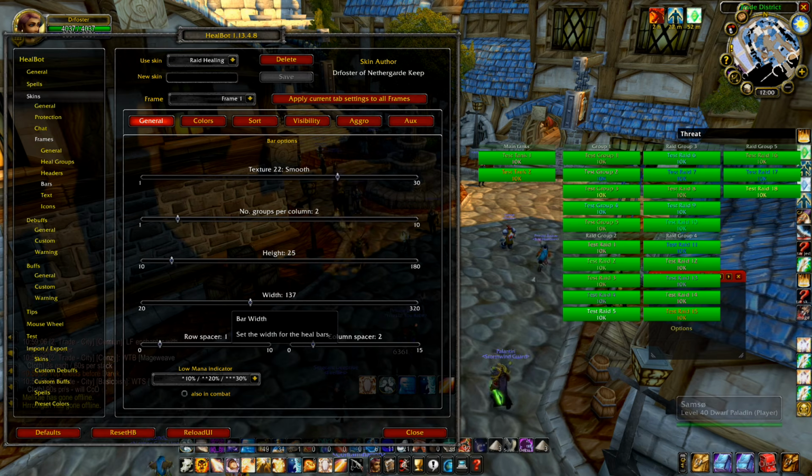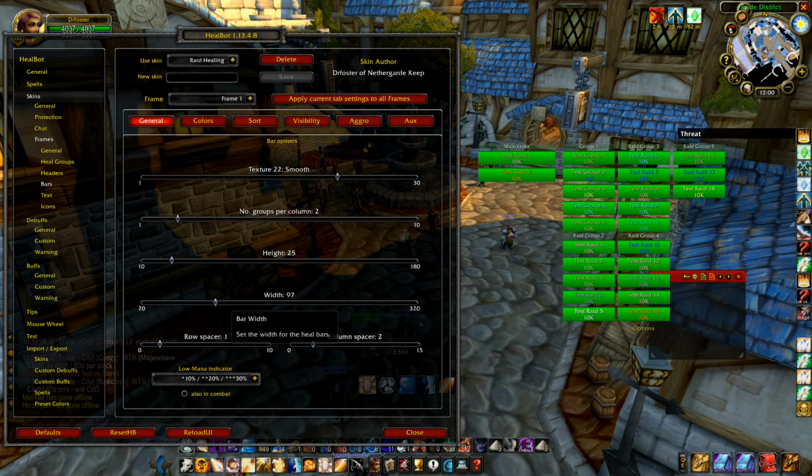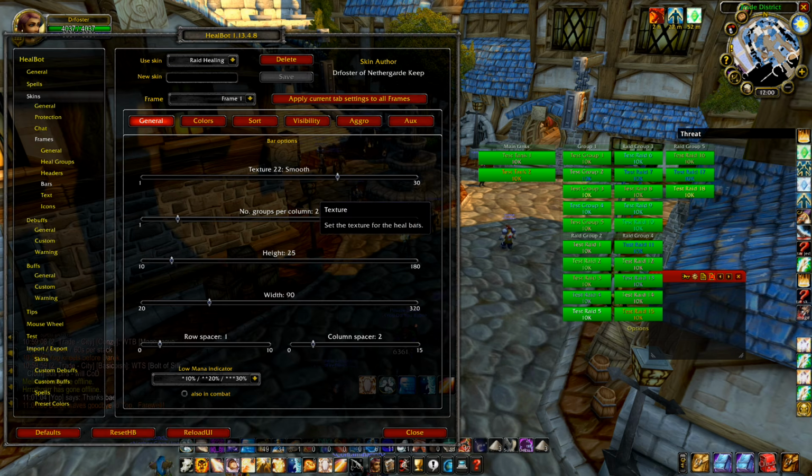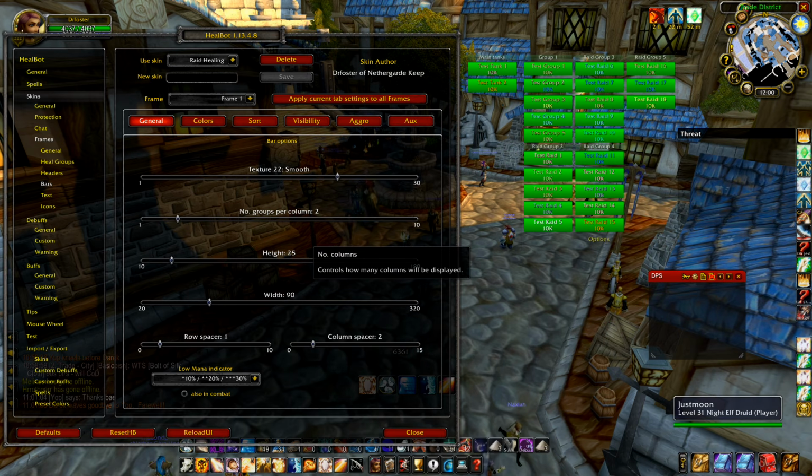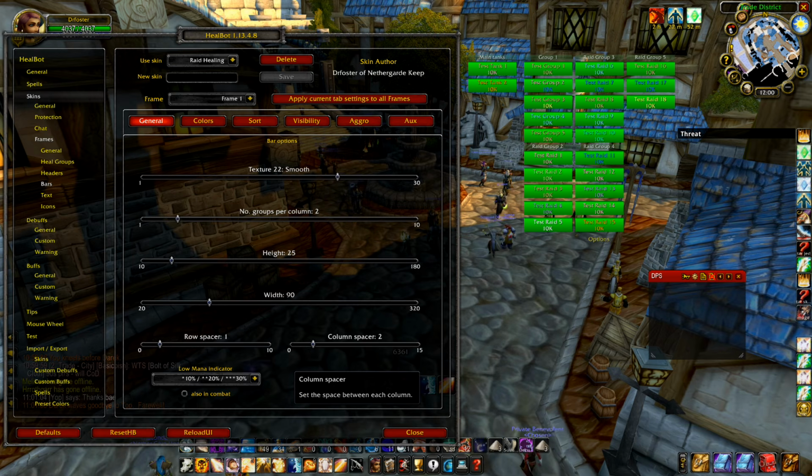We can also control the width of the bar. So we modify the width of the bar, and again we apply that to the tank frame, and the tank frame then gets set to the same size as raid frame 1. Sorry. And once we're happy with that layout, and that is much better for me now, we can